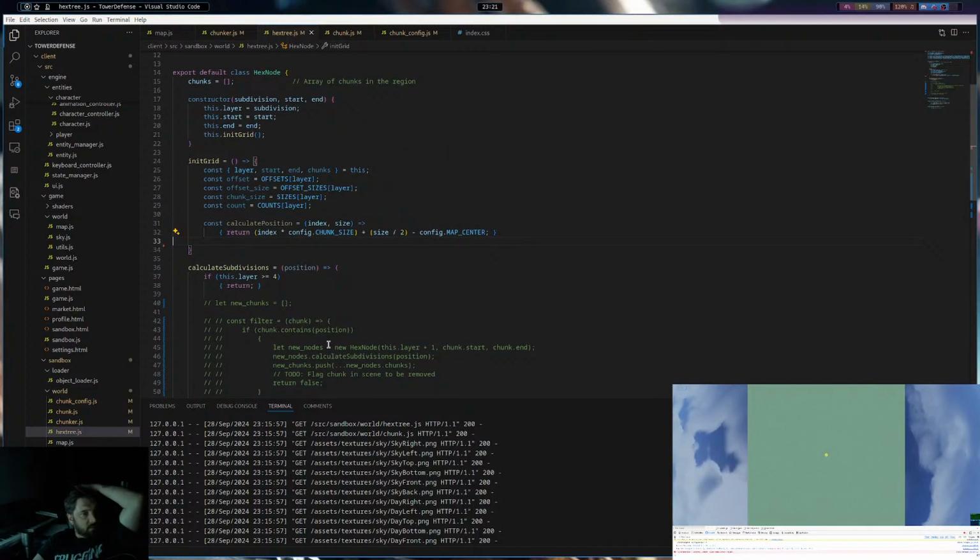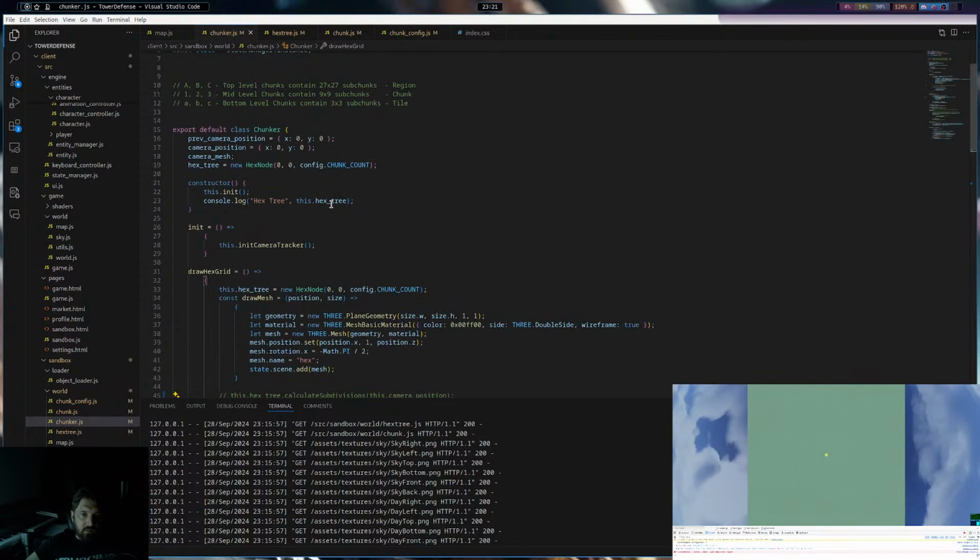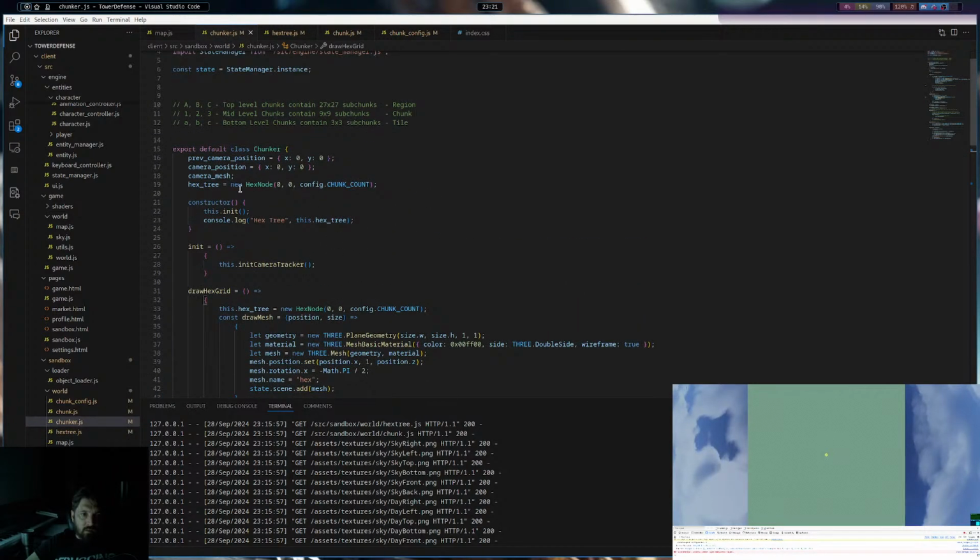Alright. Let's go find our hex node. We initialize the hex node, we start at 0. The end should be the config